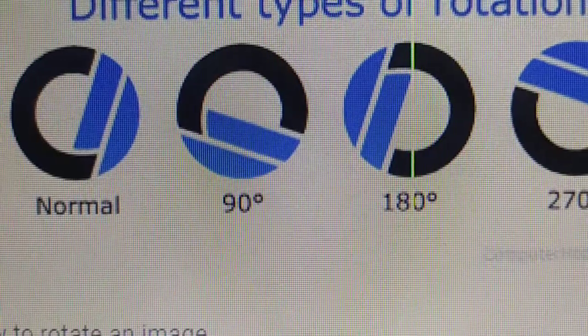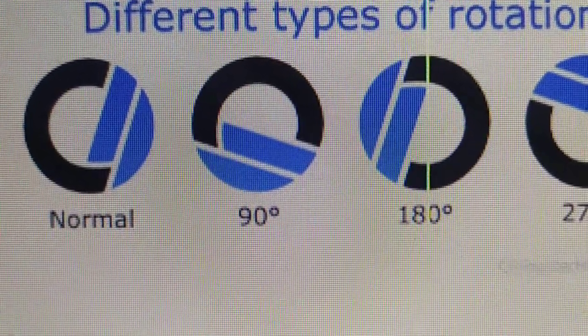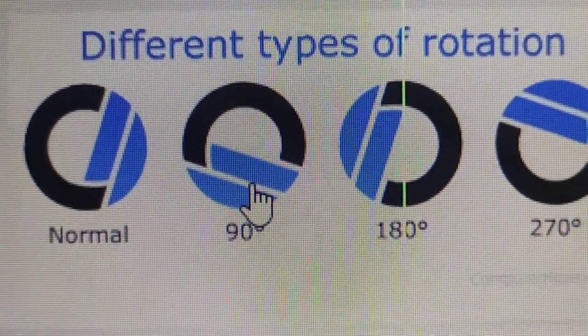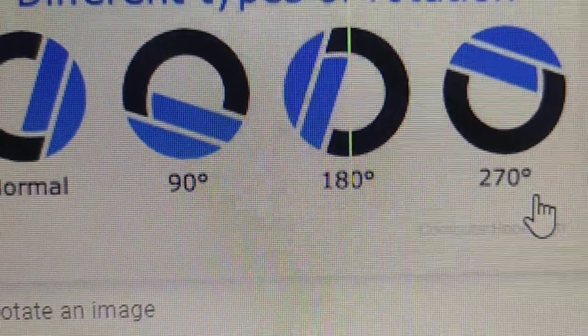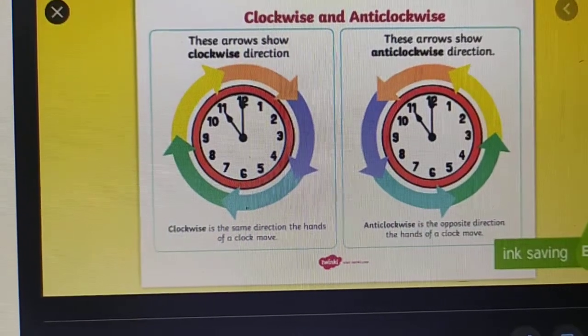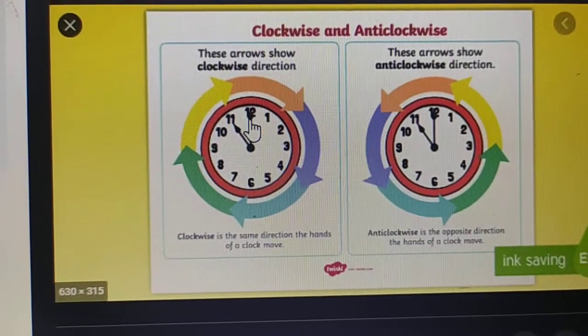Rotate the images like up, down, left and right. Okay? So this is called a rotation. Normal, 90 degree, 180 degree and 270. The arrow shows the clockwise direction.